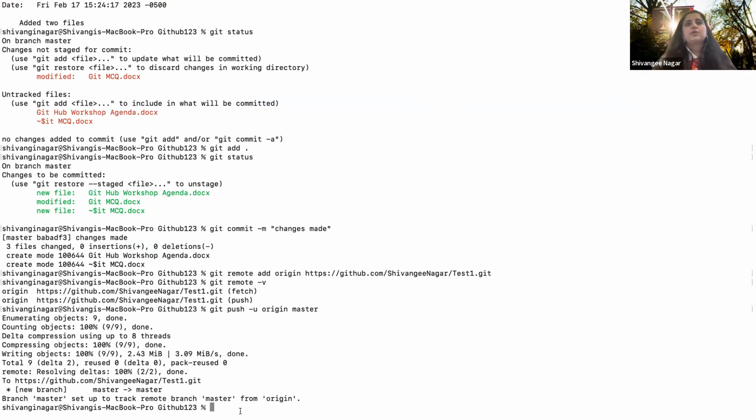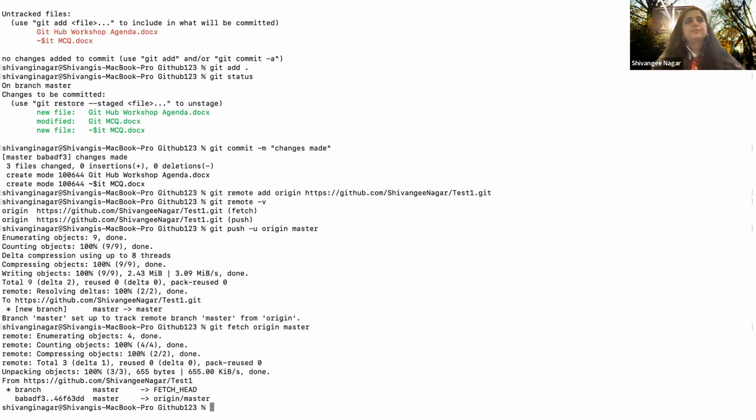So let's say I'm going to show you this one, git fetch origin, sorry, master. So it fetches, it says, okay, cool. It's all set. There are no merge conflicts. You can merge it. So since there are no conflicts, I am going forward to merge it. So I do git, sorry, what did I use?